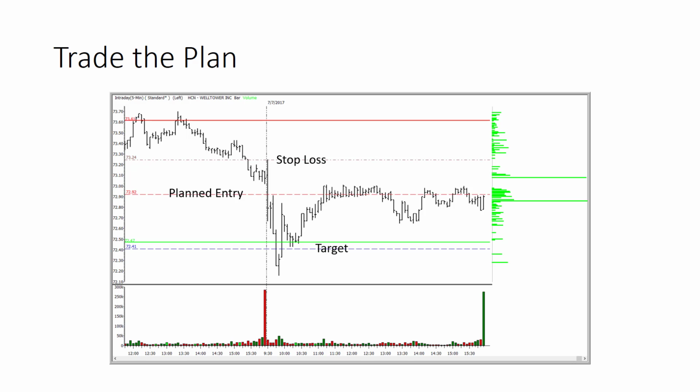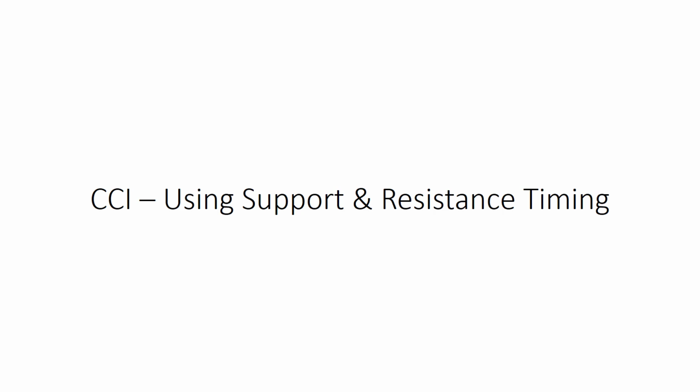Things have shifted, so now there's a need for some additional entry opportunities, and one of those is the support and resistance timing that I've got on the trading plan. You can go through and use the support and resistance levels that I've identified, or you can do them in your own trading, and you can find alternate entries to get you in and out of a stock.